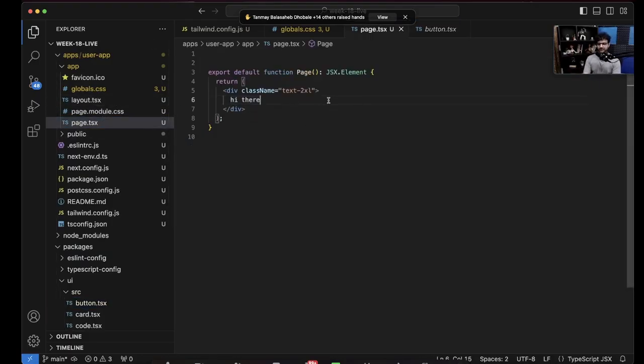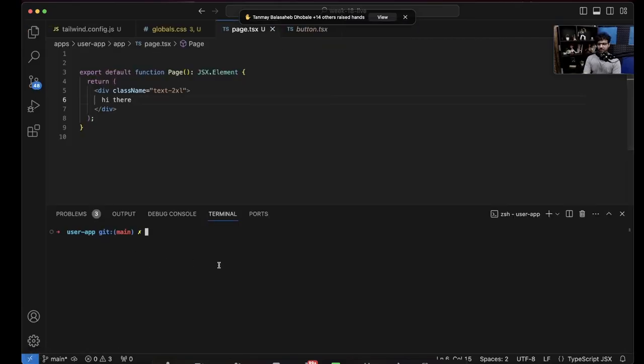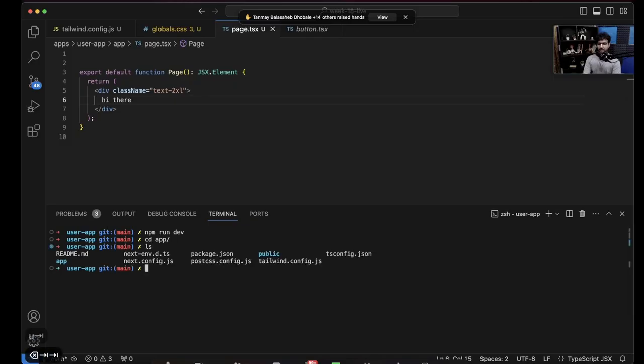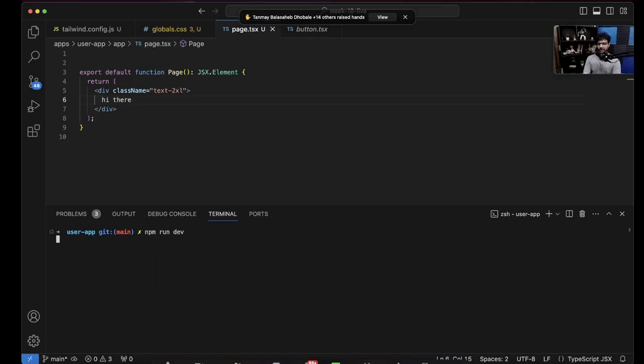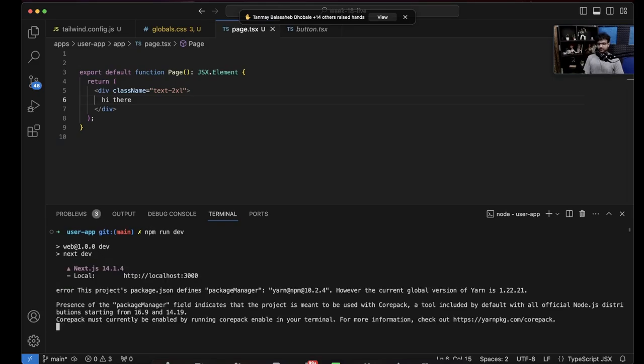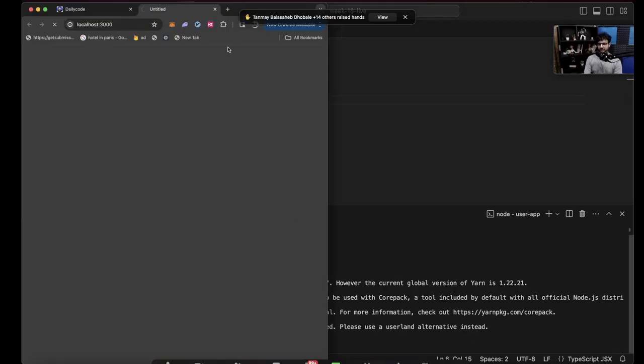So let me save this. Let me open the terminal. You can run npm run dev here, or you can go to apps/user app. Oh, I'm already in the user app folder. Sorry. I'm already in apps/user app. So I can run npm run dev over here. And if I go to localhost colon 3000,